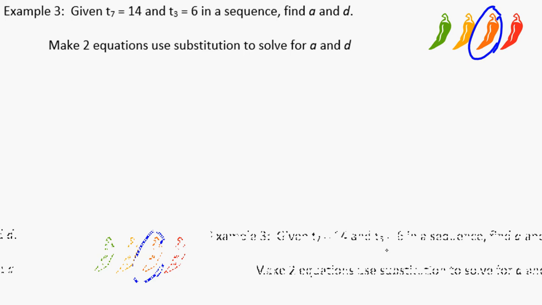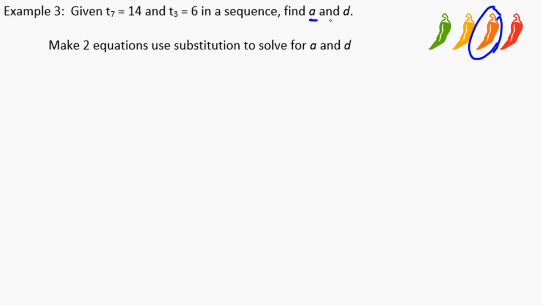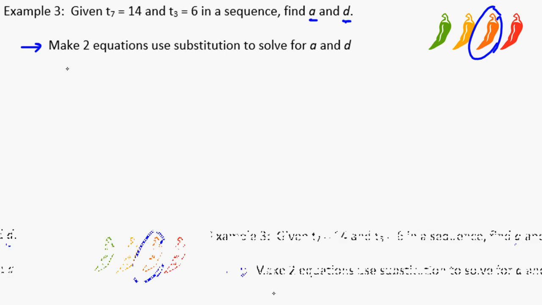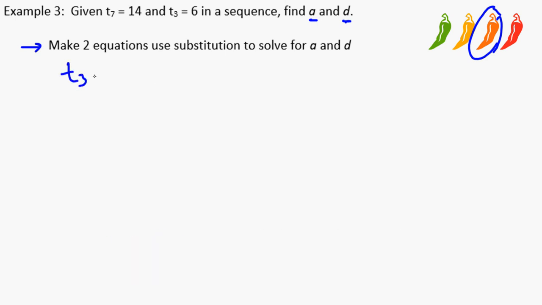T7 is equal to 14, T3 is equal to 6. Find A and D. Alright, here we go. Here's my suggestion. Make two equations, use substitution to solve for A and D. So I know T, let's go with the smaller one. So I know T3 is equal to 6. That means my N is 3. So I'm going to have here